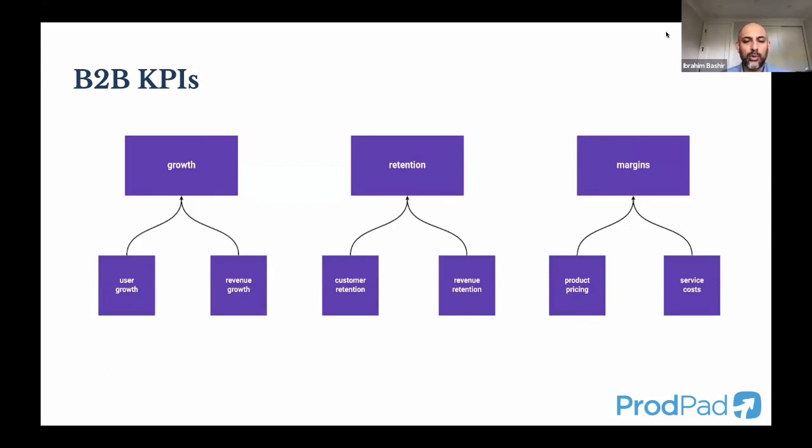So when you think about growth, there's usually two vectors that you're thinking about, either the user growth or revenue growth, depending on how close your product is to monetization. If you're thinking about retention, there's usually customer retention or revenue retention. And then the third, which is one of my favorites, if you work in a platform product space, by platform product, you have a role where your product serves internal stakeholders. A lot of times people forget, as a product team, you can influence margins through letting your team help price your product higher, or actually controlling service costs so that you can actually make better margins. So those are, if you had 6, 12-month goals, they would be around this altitude.